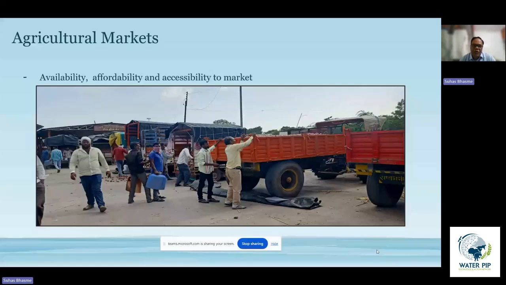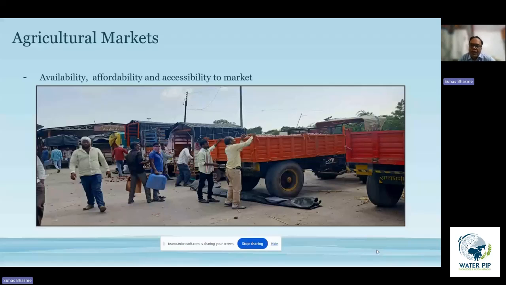And this is precisely because they lack the conditions for storability of these agricultural products, especially when it comes to crops like onions that we have recently studied, but also crops like grapes that I studied during my PhD. The perishable duration of crops like grapes is very short, and therefore small landholding farmers are not really in a position to hold on to their crops in order to seek a very profitable price.